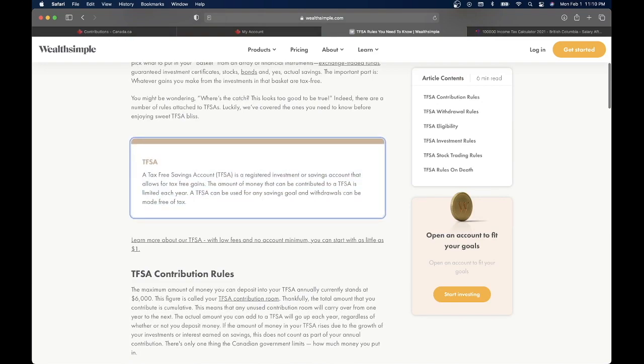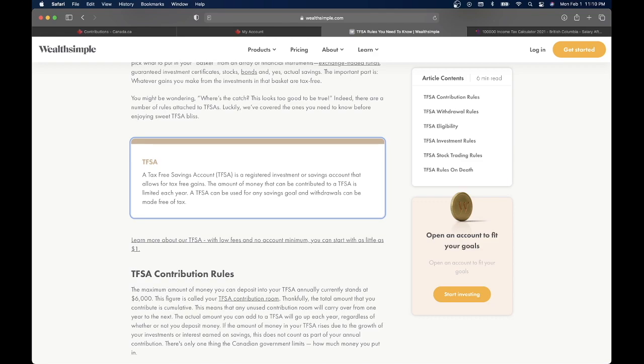And a TFSA, or tax-free savings account, is a registered investment or savings account that allows for tax-free gains. The amount of money that can be contributed to a TFSA is limited each year, and a TFSA can be used for any savings goal, with withdrawals that can be made tax-free. So what does all of this mean? So essentially, you have contribution room for your TFSA, which does change every year, but they normally stay around the